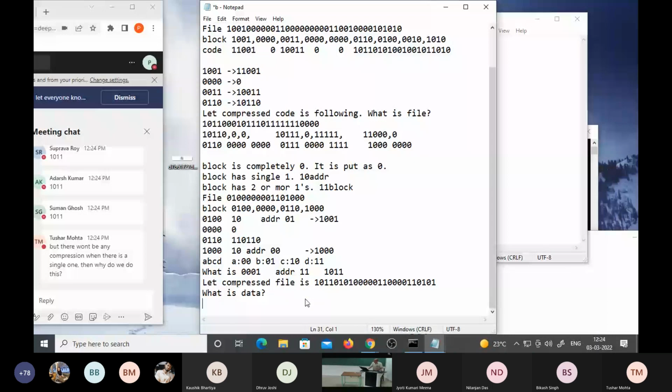You see, Tushar, we have taken a block size of 4. Normally, block size is not 4. Block size is 1024. In that case, data compression takes place. It is a big block size that is there. Let the block size be 8, then data compression will take place. Okay, fine.